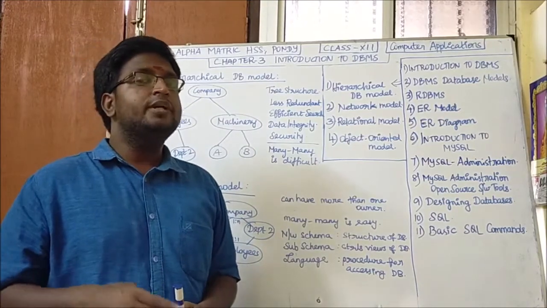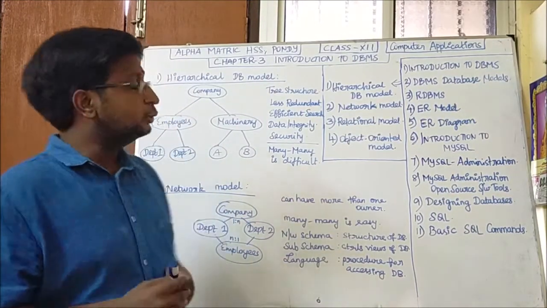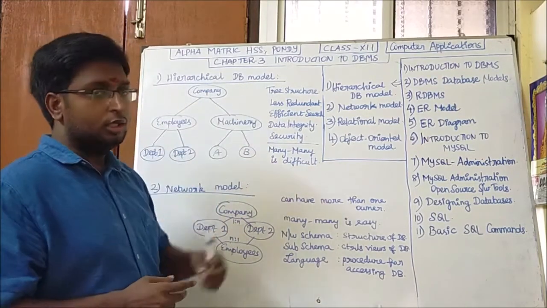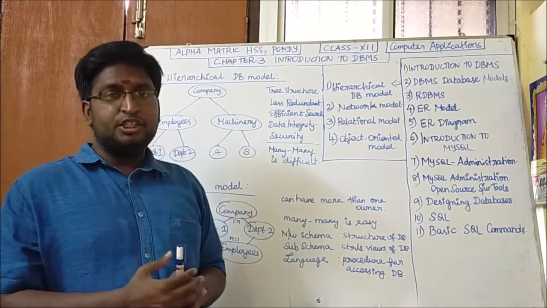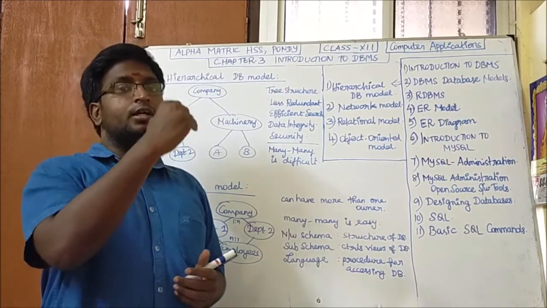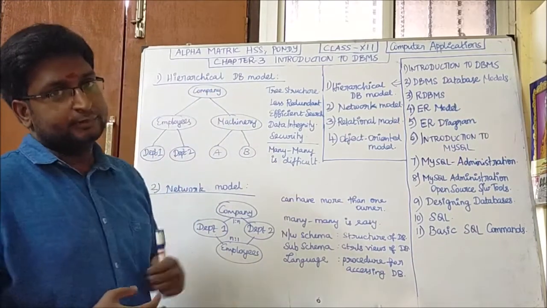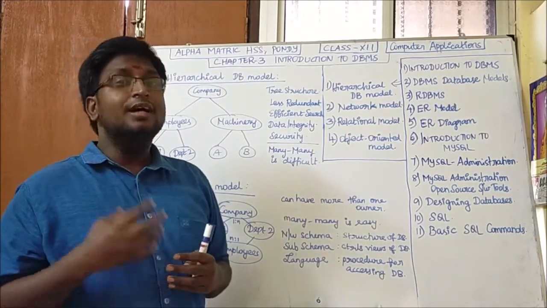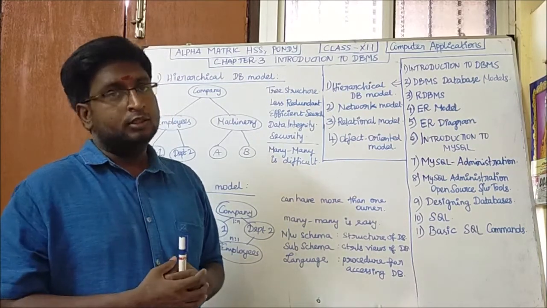So in this we will be discussing the basic four database models. The first one is the hierarchical database model. The hierarchical database model is nothing but records the information, stores the information in a tree structure, a step-by-step structure for getting a better flow, for accessing the data in an easy manner.